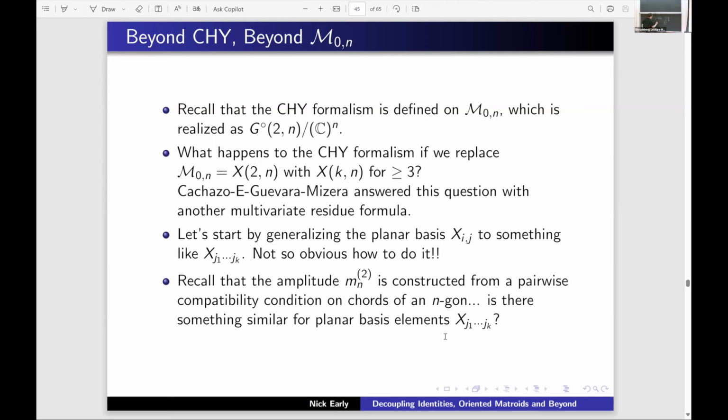So S_ijk in the new setting equals the determinant of K_i plus K_j plus K_k, where each of these is a rank 1 3 by 3 matrix. Then the analog of momentum conservation is that K_1 plus ... plus K_n